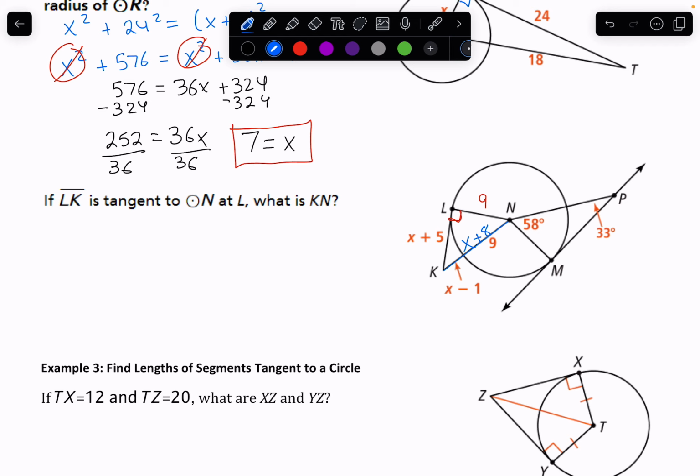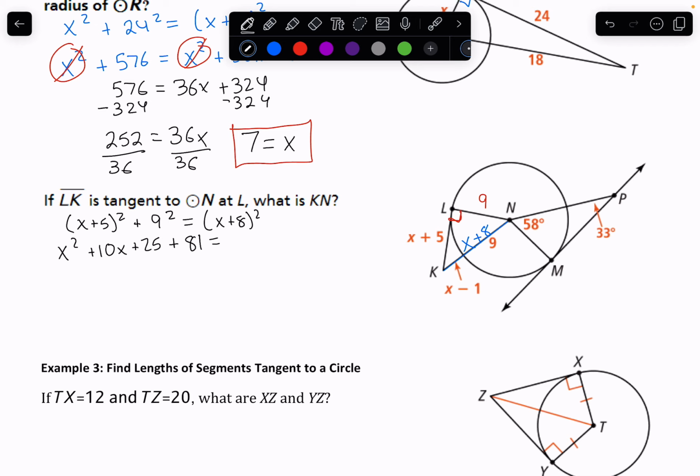So let's go ahead and use the Pythagorean theorem. We'll take our two short sides. We've got (x plus 5) squared plus 9 squared equals our long side, which we just said was (x plus 8) squared. Once again, I'm going to FOIL, or use the distributive property, because (x plus 5) squared is like x plus 5 times x plus 5. So that's x squared plus 10x plus 25 plus 9 squared, which is 81, equals, and then the other side,